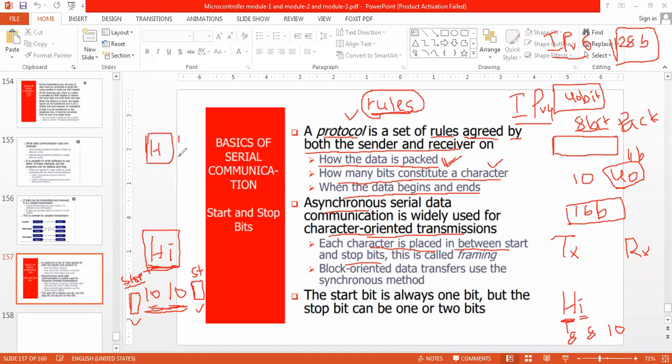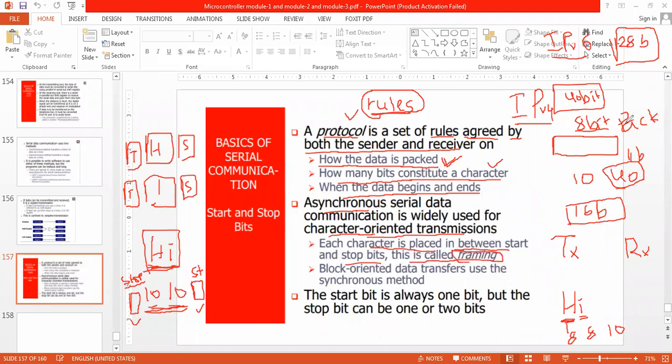This H will have a start bit and a stop bit. Then I is also having a start bit as well as a stop bit. In this way data is transmitted, and that is called framing.